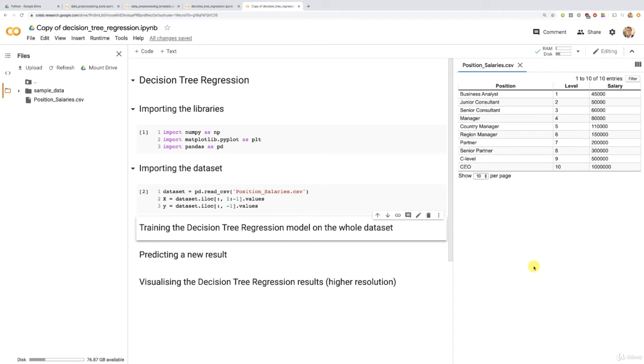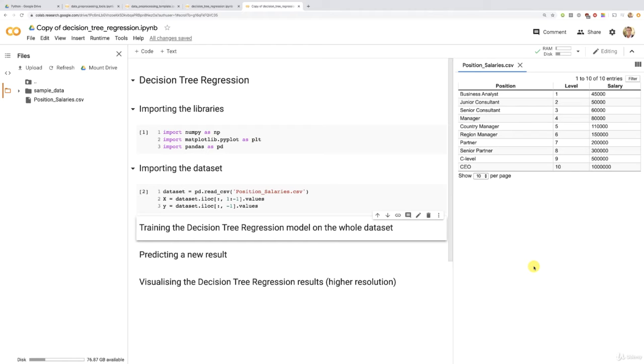Let's build and train the decision tree regression model on the whole dataset. I actually could ask you to do it yourself, even without giving you the hint of what class you would use, because I also would like you to practice researching the documentation. So if I were to ask you to try to do this before me, to build and train this decision tree regression model on this dataset, what you would have to do is go to Google or Bing and